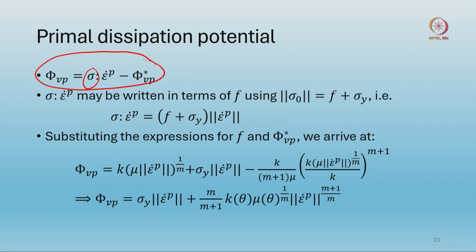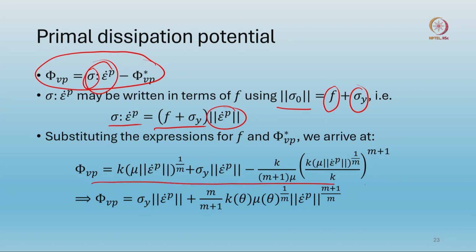Okay. So, sigma epsilon p dot can be written in terms of sigma 0, because sigma is now, because of the plastic flow, on the boundary of f, right. So, basically sigma 0 is equal to f plus sigma y. So, sigma will now be given by the overstress plus sigma y, f is the overstress, right. So, f plus sigma y times the norm of epsilon p dot, right. So, substituting this expression for sigma epsilon p dot, the stress power, into the expression for phi Vp, we get this detailed